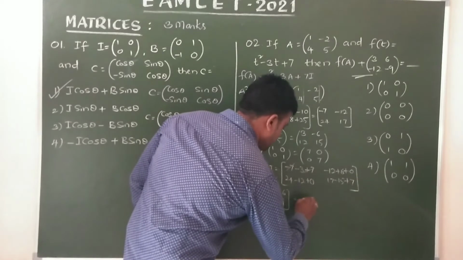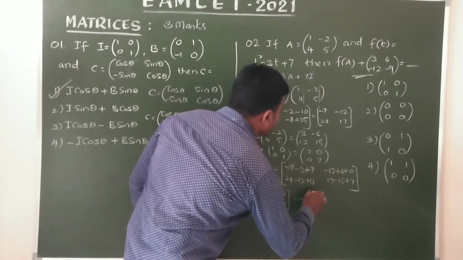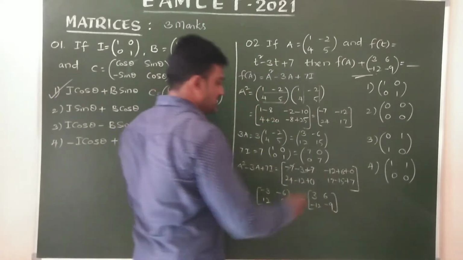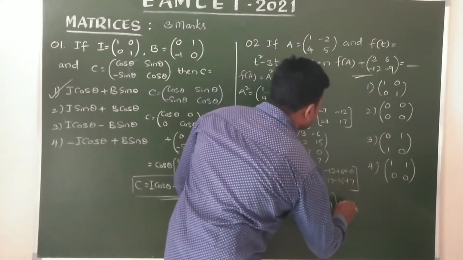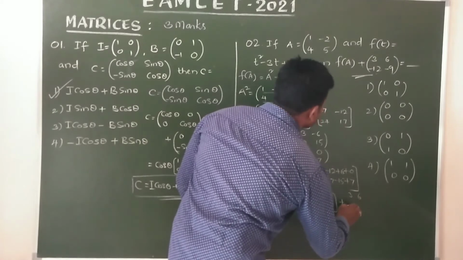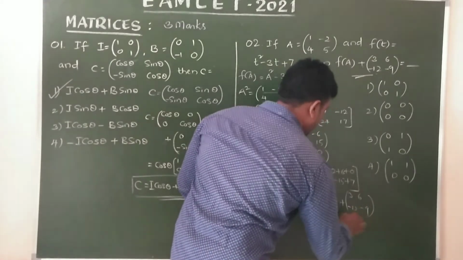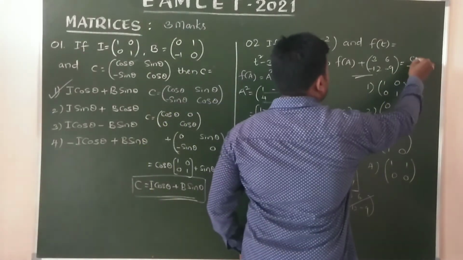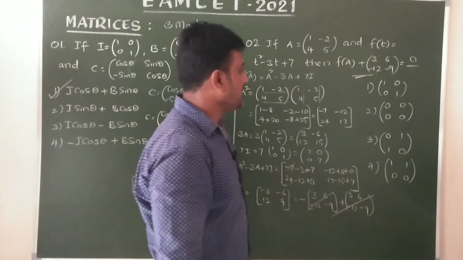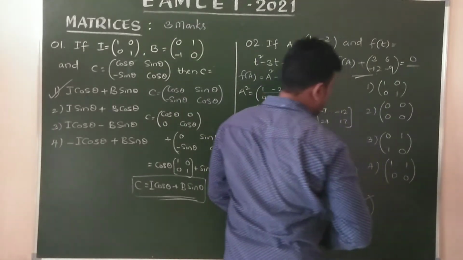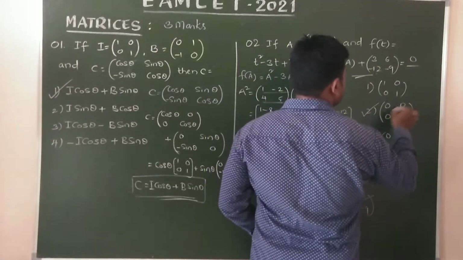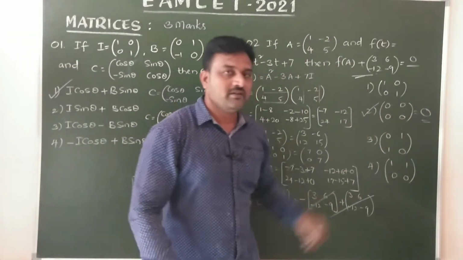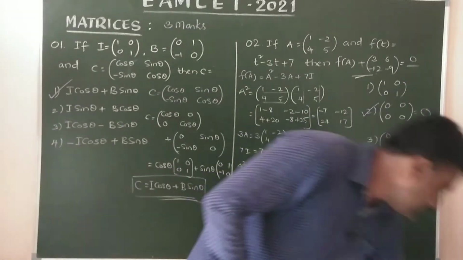Then that equals, suppose minus 1 is a common, then it should be 3 6 minus 12 minus 9, yes or no? Okay, now 3 6 minus 12 plus 3 6 minus 12 minus 9, these are cancelled to each other. Now it is nothing but 0. Okay, now 0 matrix. 0 matrix is nothing but 0 0 0 0. Okay, that is a 0 matrix. Okay, let us go with more problems.